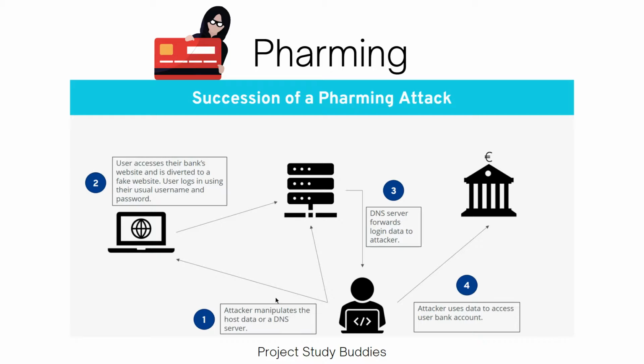And so when you search for, let's say, Maybank2u.com, it won't direct you to the correct website. Instead, the hacker diverts you to their site, and what you enter gets written back to the hacker, where the hacker can gain information about your bank details or your personal information and so on.